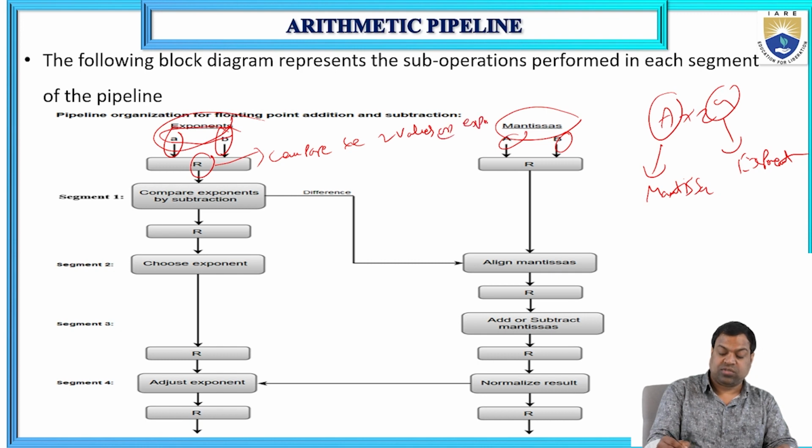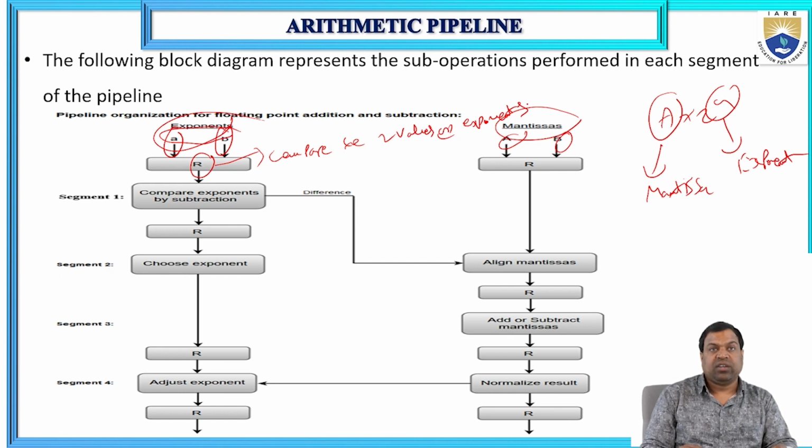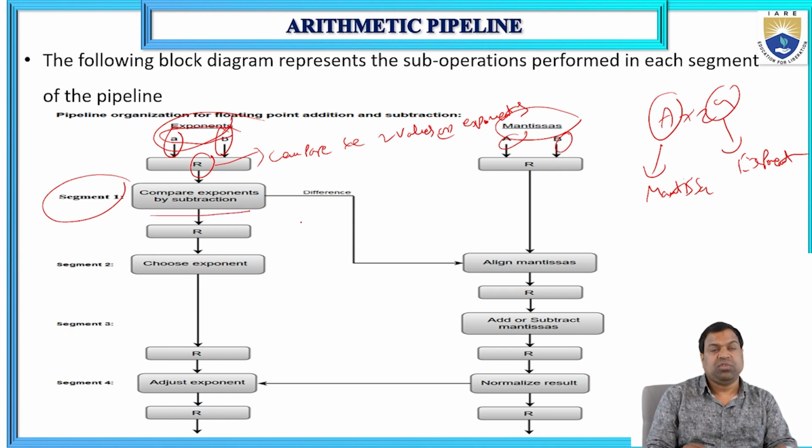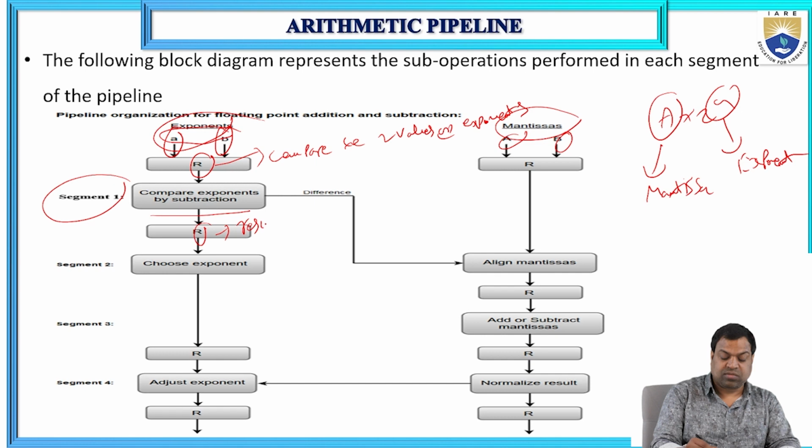Compare the two values or two exponents, and compare exponents by subtraction. I'm taking one register. First I'm creating a register to compare the two exponents. Here, first segment, what will happen? Compare exponents by subtraction. Using the subtraction method, we are comparing A and B. And next, what is the result? After the comparison, the result will be stored